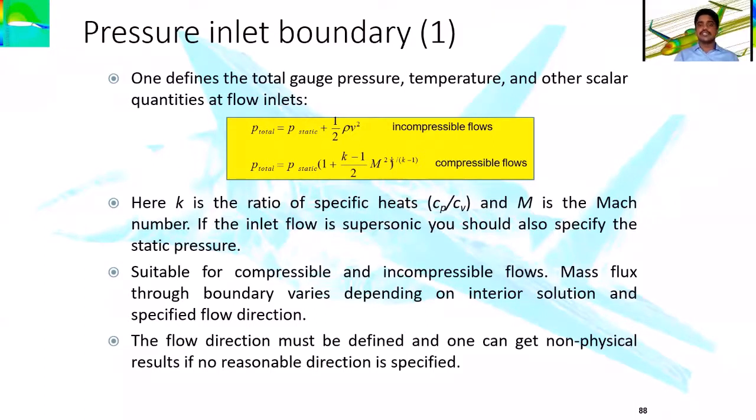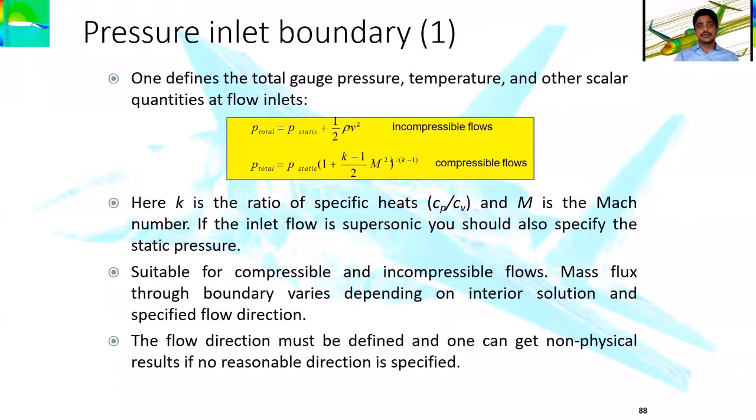Then Bernoulli's equation can be applied to obtain the total pressure. That is, total pressure is equal to static pressure plus dynamic pressure. This is very easy and we can apply this equation. But when your fluid flow is compressible, that means compressibility effects are coming into the picture. In that case, I can't apply Bernoulli's equation at that particular point.